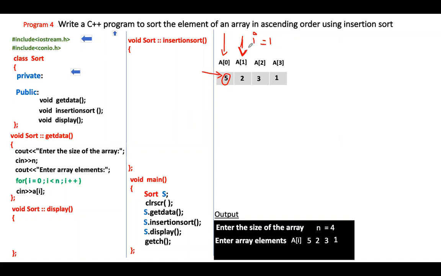And here itself, I'll take my j value as 1. That is, the j value is nothing but the value of i. Why do we take j of i? Because this value I will be comparing with this value. If it is lesser, then I'll shift this value from here to here, and I'll shift this value to this place.